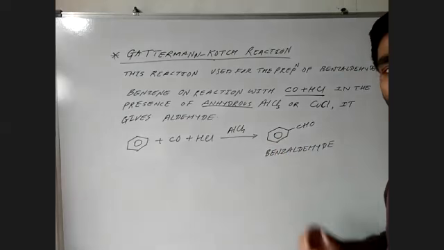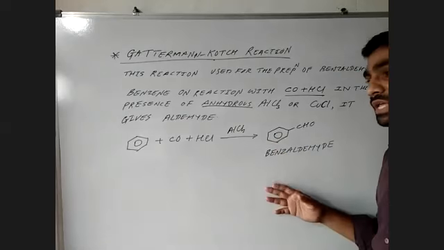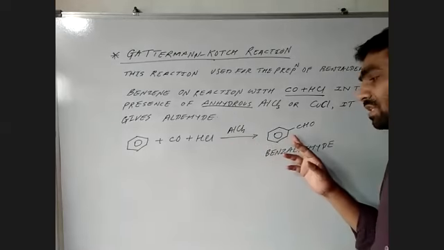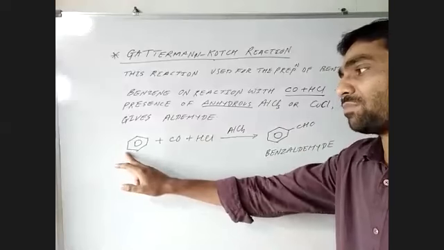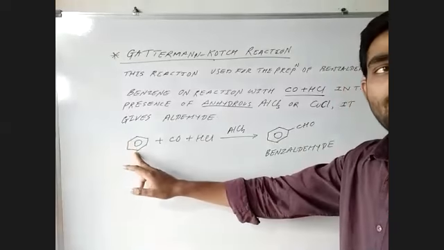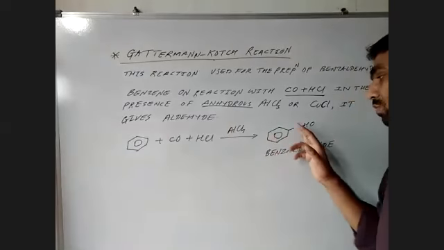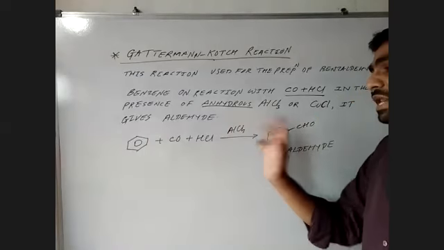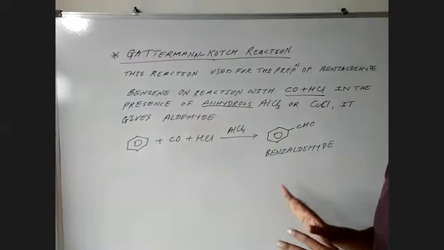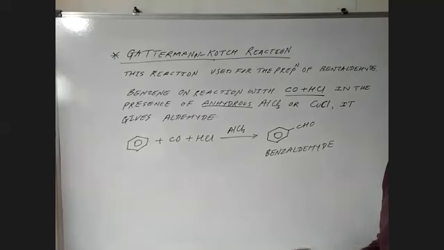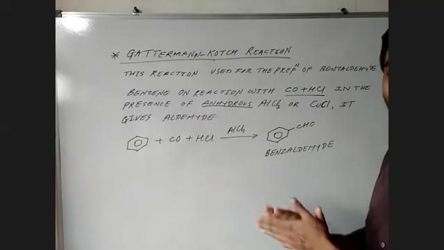It is a very simple reaction. By utilizing this reaction, we can prepare benzaldehyde. If we are using some substituted benzene, methyl benzene or nitrobenzene, this group will be directed by the group which is present here on the ring. So this is called the Gattermann-Koch reaction. This is a very simple reaction for the synthesis of aromatic aldehyde.